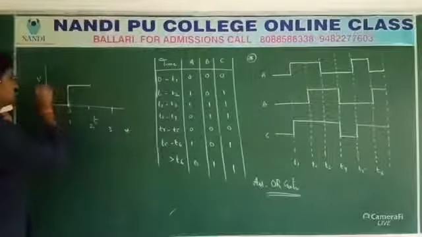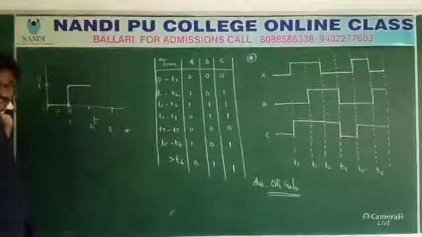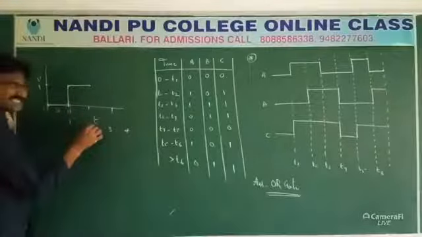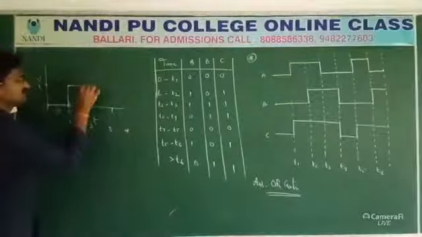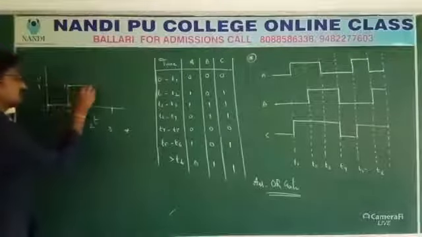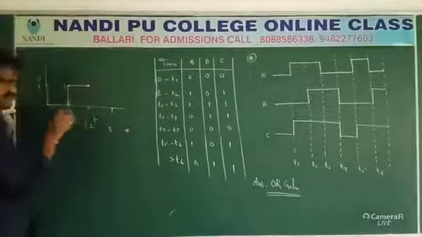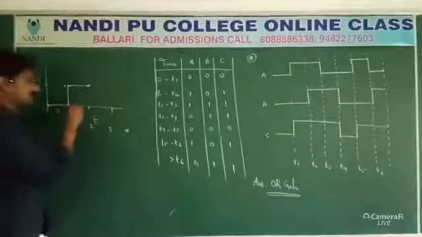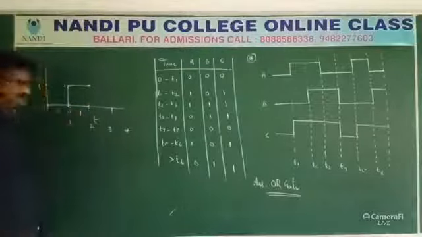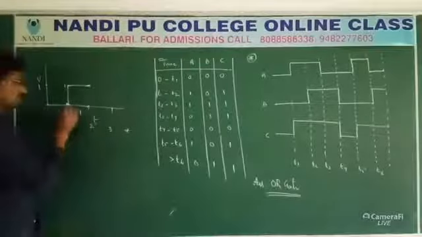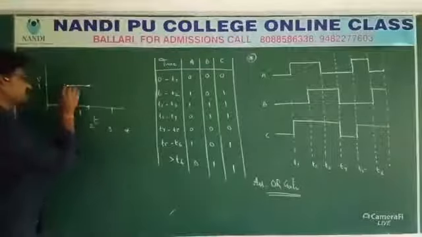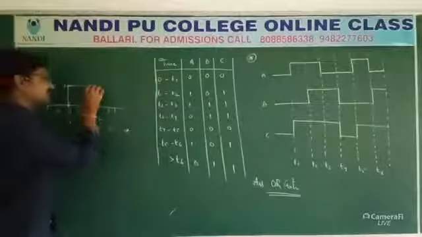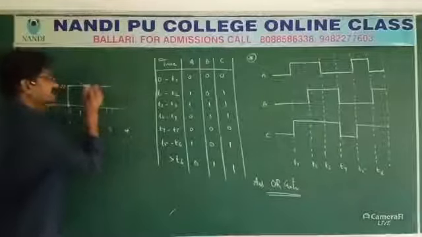This is 1 unit. 1 unit change. Next second, when we come to the second second, the same is continuing. Here what is the value? 1. So up to here also this value is 1 only. There is no change. Understand? So this gap I can take as 1. So even though it is rising, here it is 1. This gap is representing the same. Still there is no change. I can take it as 1 only.